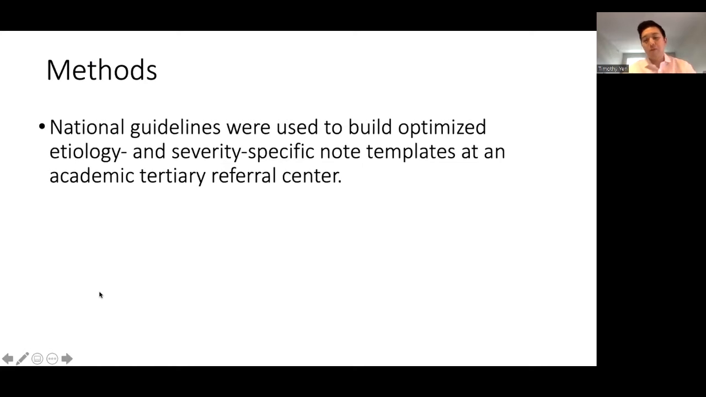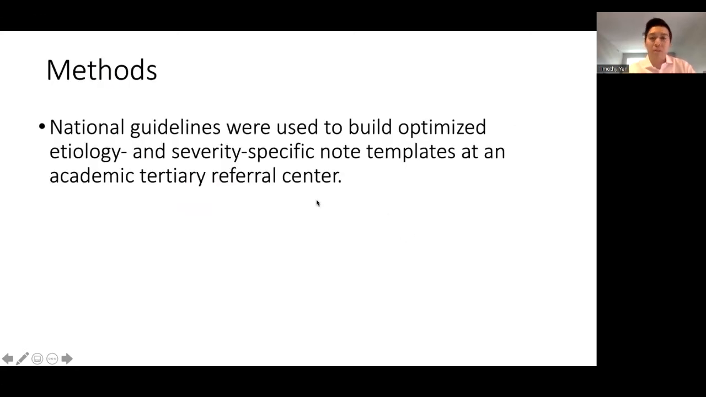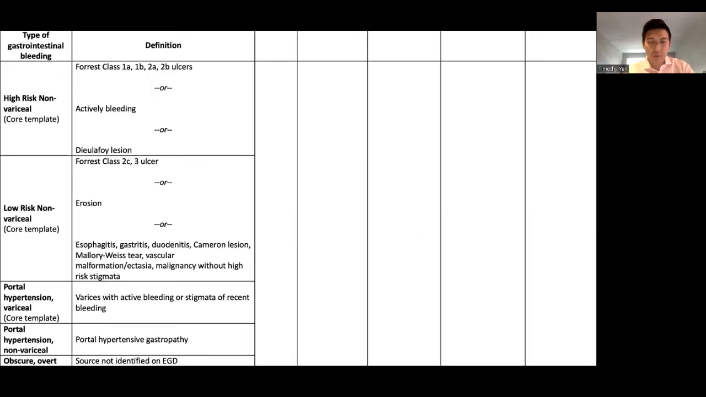And then, focusing on that documentation portion, if you saw in the previous report where everything funnels into that endoscopy report, we use national guidelines to build optimized etiology and severity specific note templates at our hospital here. I led a 10-minute training session, part of large meetings, grand rounds, for 39 gastroenterology attendings at the time and 15 fellows. And to delve into a little bit more without getting too much of the nitty-gritty, this is the way we design these 5